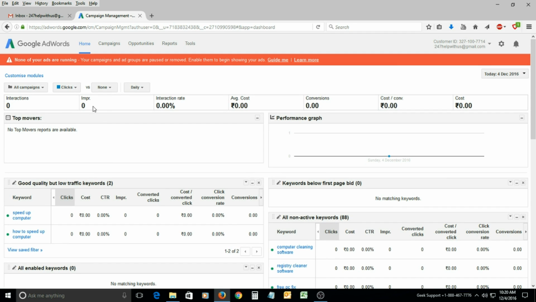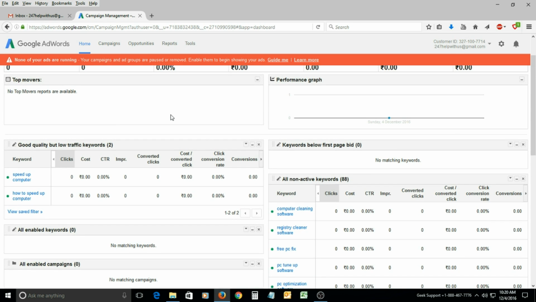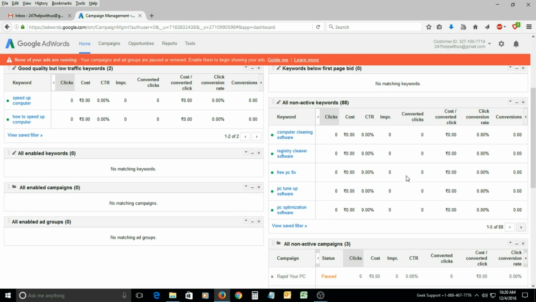So interactions, the impressions, the number of times your advertisement is reflected on the Google network, and then interaction rate, and then cost, and the final cost. Now this will show you up here, so you can understand how successful your campaign is. And apart from that, this is good quality but low traffic keywords. Now this will show up here if there are keywords that are not giving you good traffic, so this will reflect here. And then you have non-active keywords, so this is